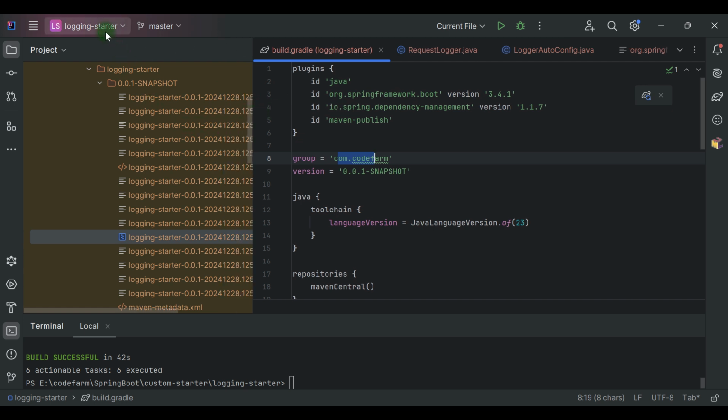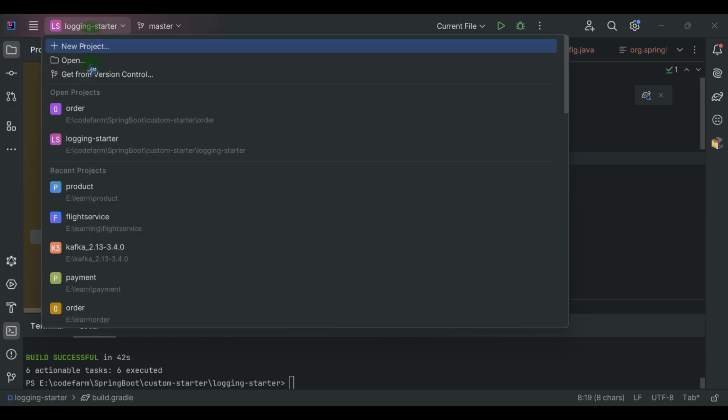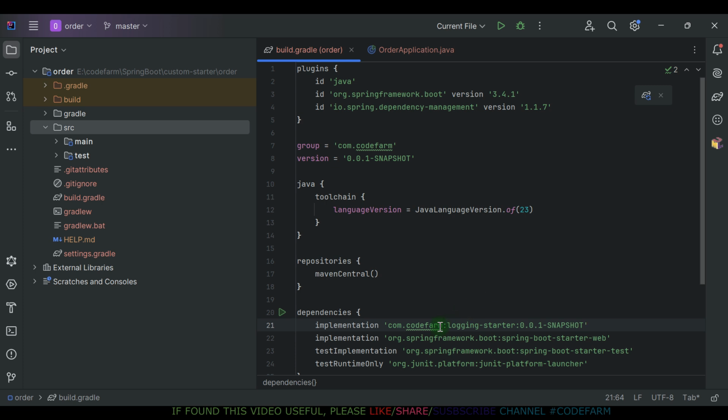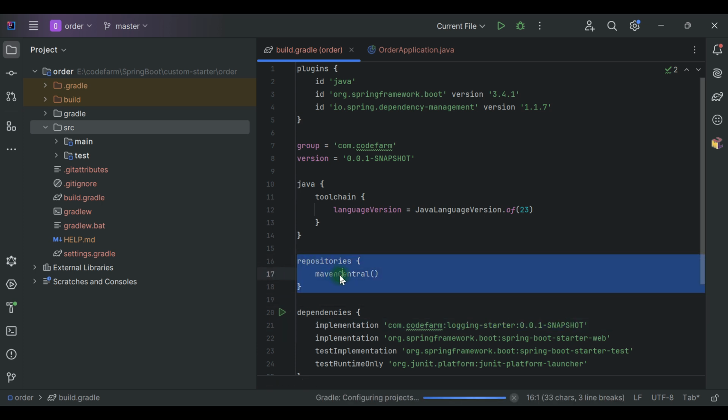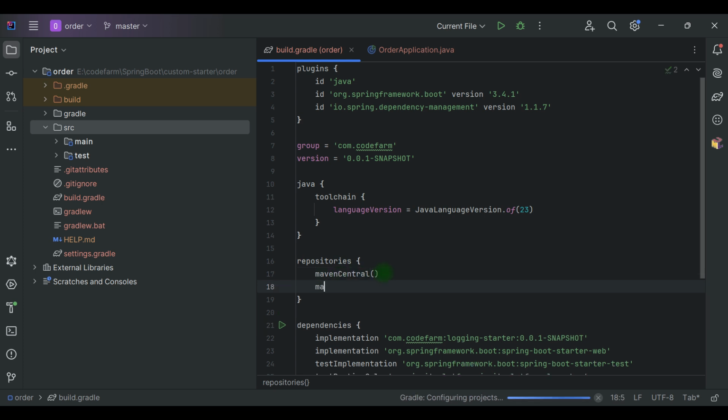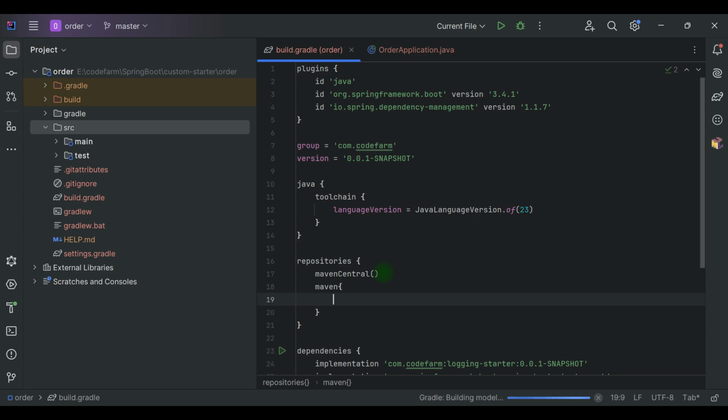Okay, coming to the order service, yet another tricky thing in here. By default it will start looking for this codefarm logging starter in the Maven repository, over the internet from where it pulls the dependencies, but this won't be available in there because it's not there. So I have to configure it to look for it locally and see if this is available there. How do we do that? Under the repositories section, it is by default looking for Maven central, so do not disturb this one and just add maven, and inside this